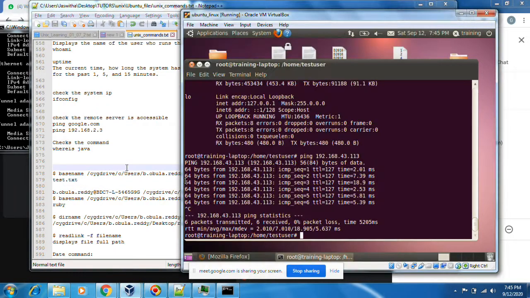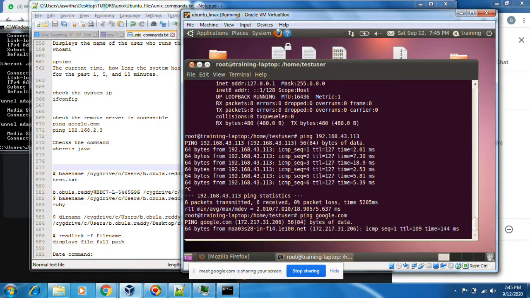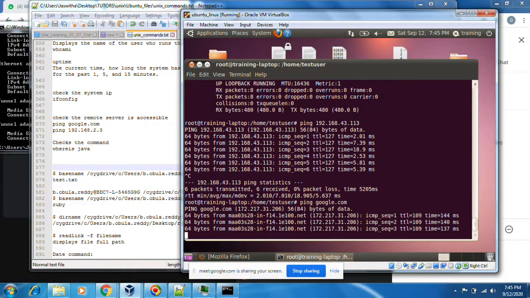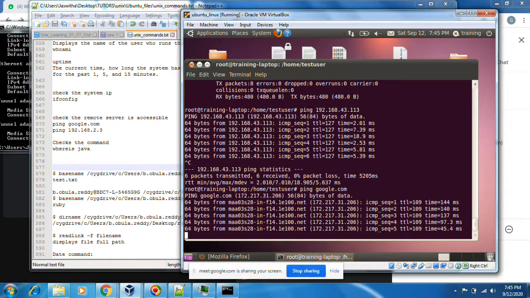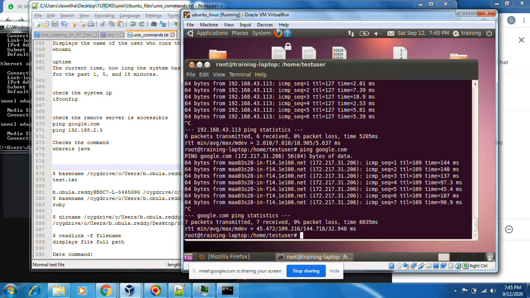Okay, I can check whether any website or remote web page is pingable. Ping google.com. See, Google is also accessible; I can access Google sites from this system.